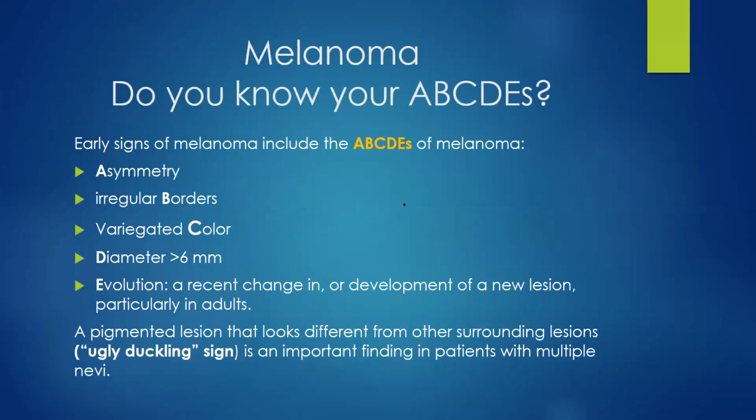Early signs of melanoma and assessing melanoma, we want to look at what they call the ABCDE rule for melanoma, which is asymmetry, borders, color, diameter, and evolution. So are the borders symmetric or not? If they're asymmetric, it's more concerning. If the borders are irregular, it's more concerning for